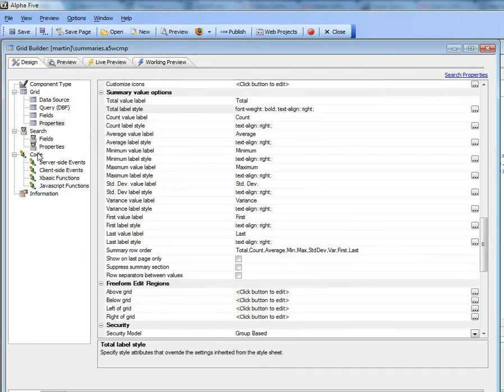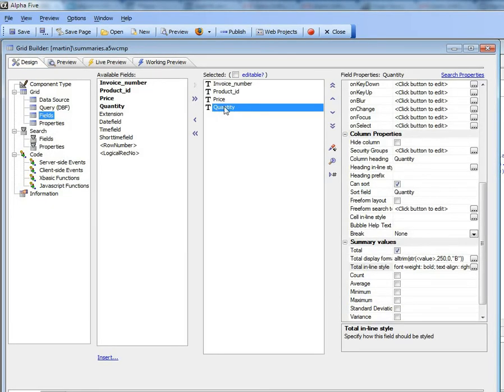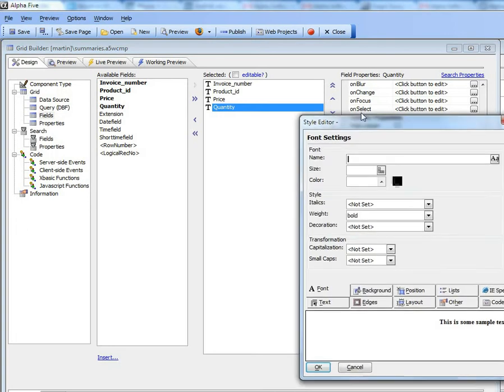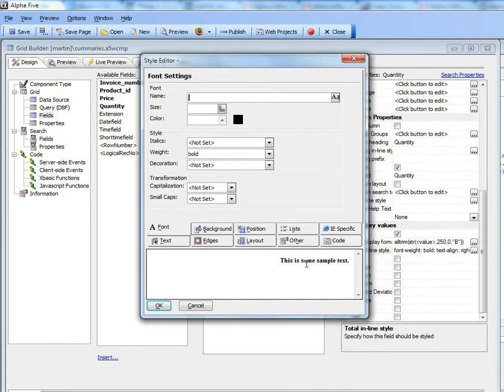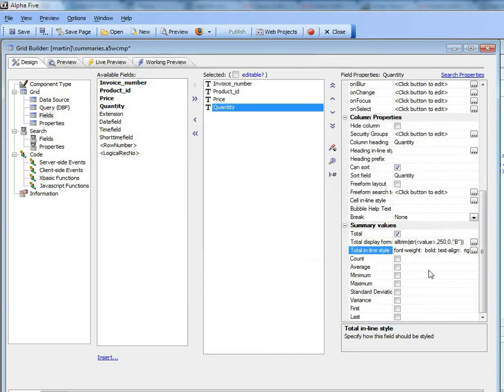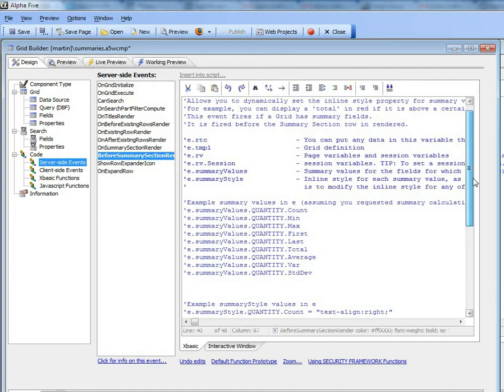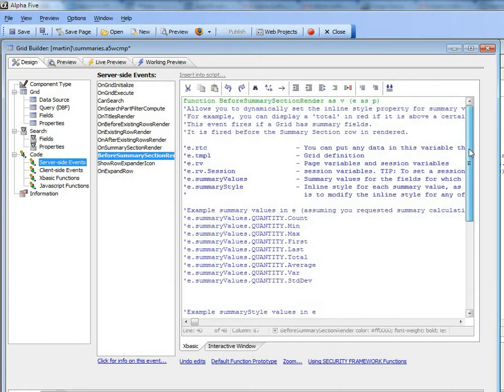So first, when we go to fields now, and we go to the quantity field and the summary values, there's a new property now, which is the inline style. And you can see here that the inline style for this field has just simply been set to bold. So now if we hadn't written an event handler, then those summary values would have all been bold. But there's also now a new event called the before summary section render event, and this event gets passed inside